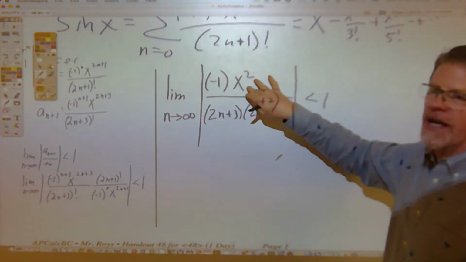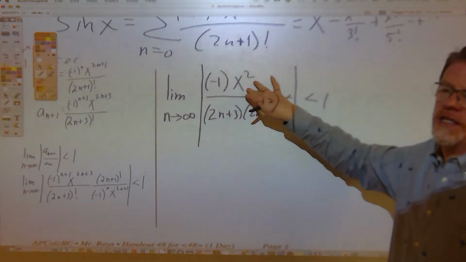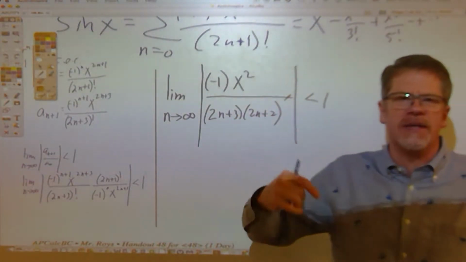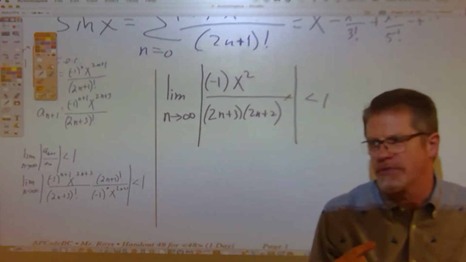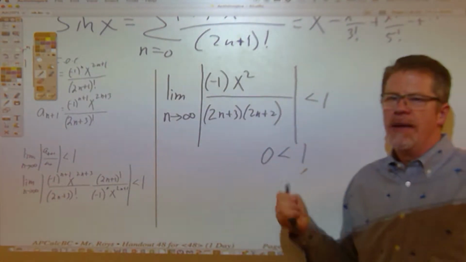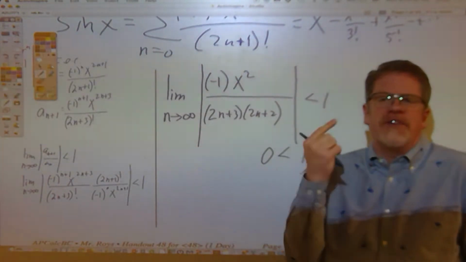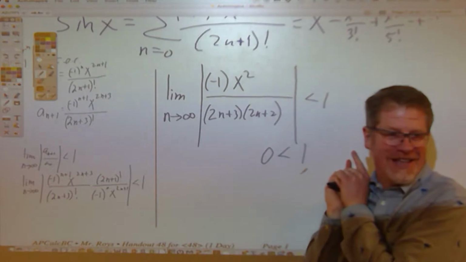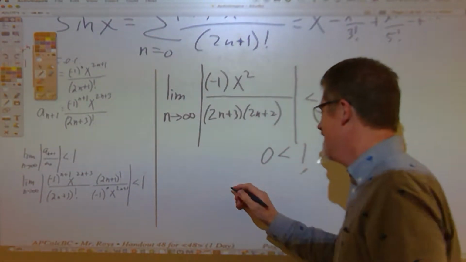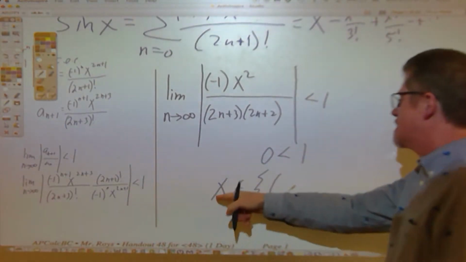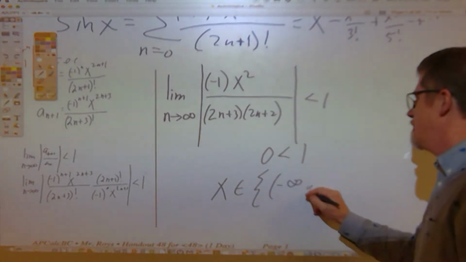It's just 0. Think of x squared as maybe 14 squared. It's just a number. So it's bottom heavy. It's like taking the limit of 1 over n squared as n approaches infinity. This thing's 0. And sometimes this can be a little hard to process, but you have to ask yourself, for what values of x is 0 less than 1? All real numbers. So technically, the interval of convergence is x is an element of the set -infinity to infinity